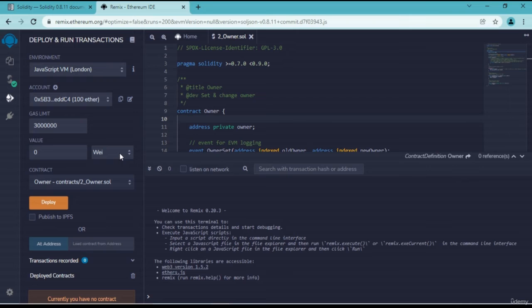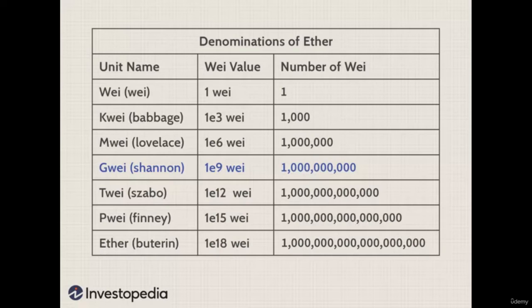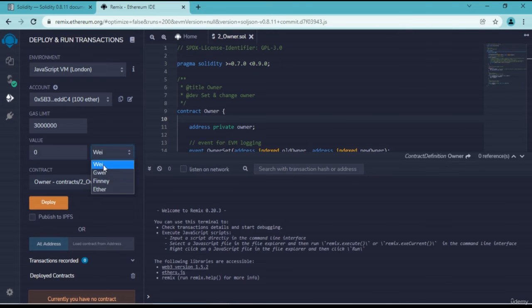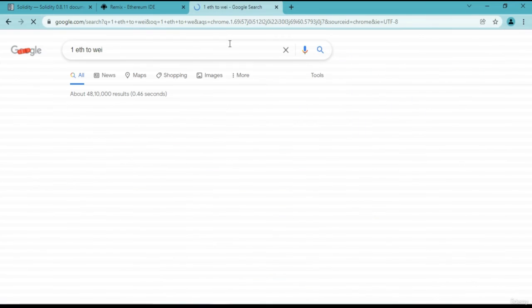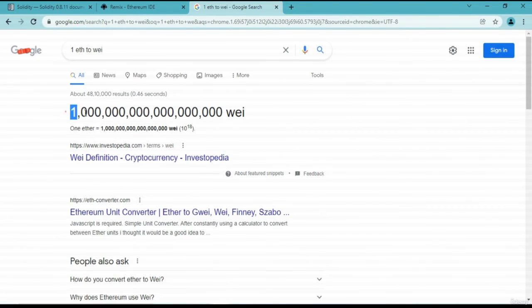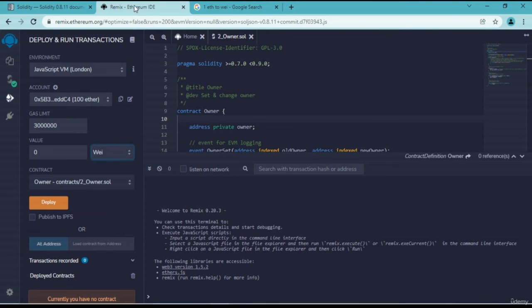And while transferring that amount, I need to choose Ethereum units. So these are different units. Ether is the highest unit, and then there is the Finney unit, then Gwei unit, and Wei unit. So Wei is the lowest unit. So 1 Ether will be this much Wei. And this is really important, especially when we want to do some transaction from one account to another account. So if we want to transfer 1 Wei, and instead of that we keep 1 Ether as the unit,